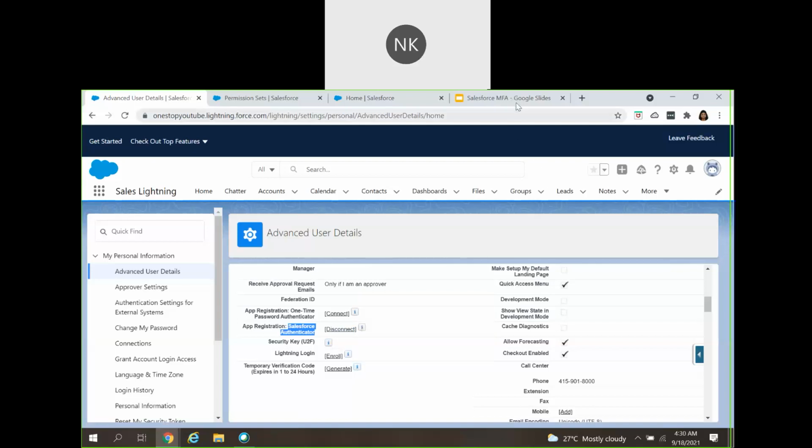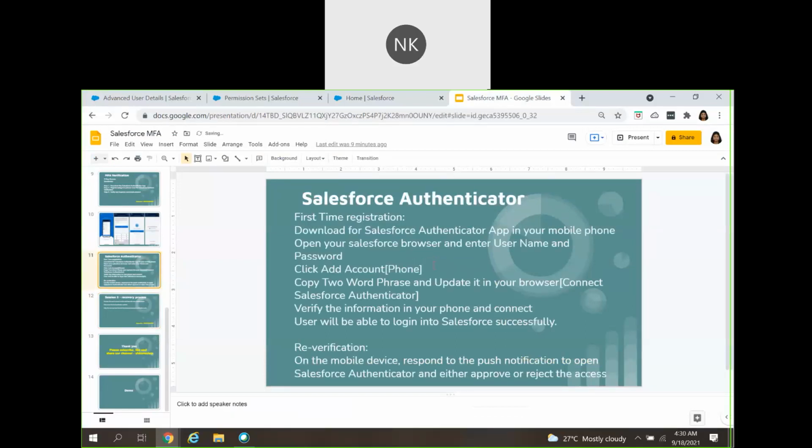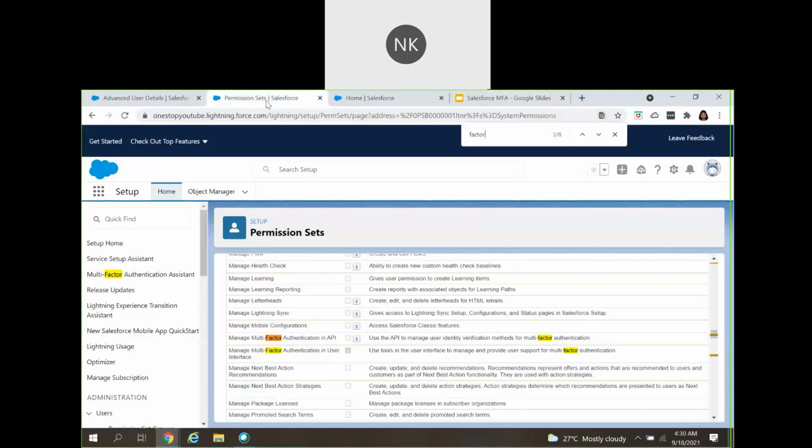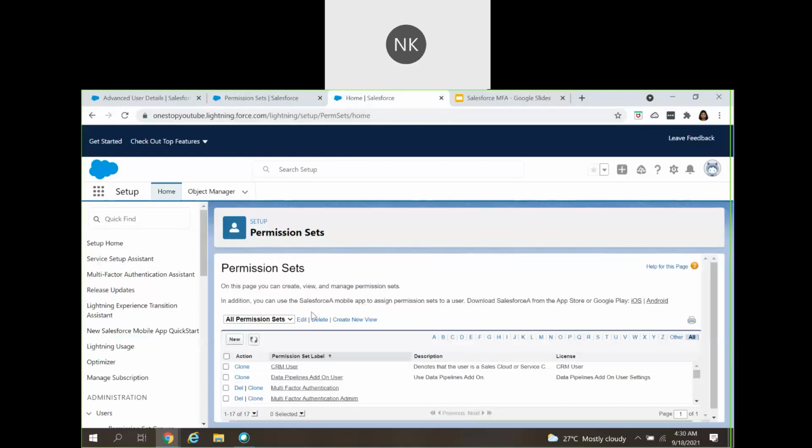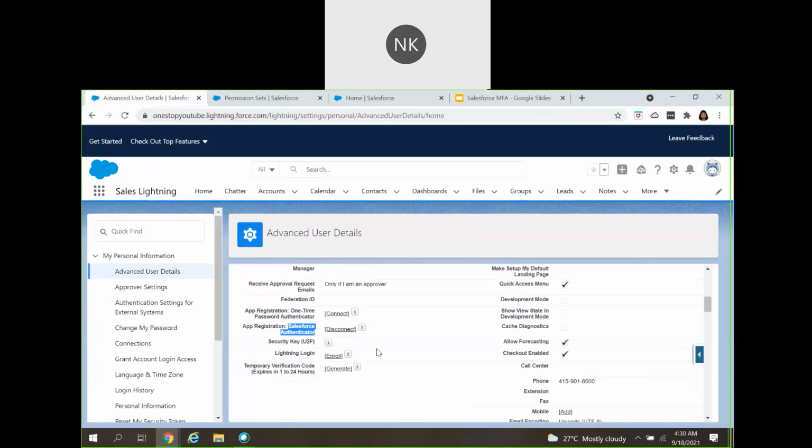So all the steps that we have mentioned in the slide deck, the user would have to perform all of these tasks. That is one step. Okay, let's go back to here. So we have discussed this particular recovery process. Now imagine a situation wherein today I forgot to take my mobile phone to my office. Without my mobile phone, how will I be able to log in into the Salesforce? There should always be a way to log in rather than re-authenticating, because I don't have my mobile phone with me currently.